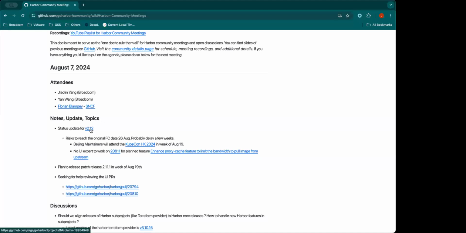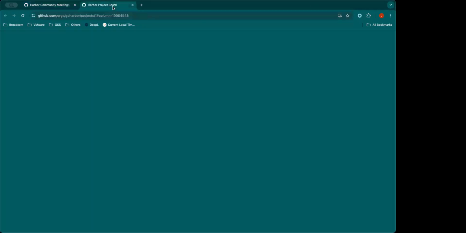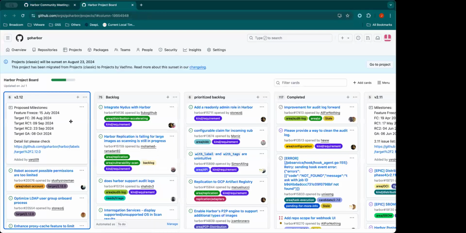As communicated previously in the project planning, we have a few milestones defined here. We will almost reach the feature complete milestone, which is August 26th.